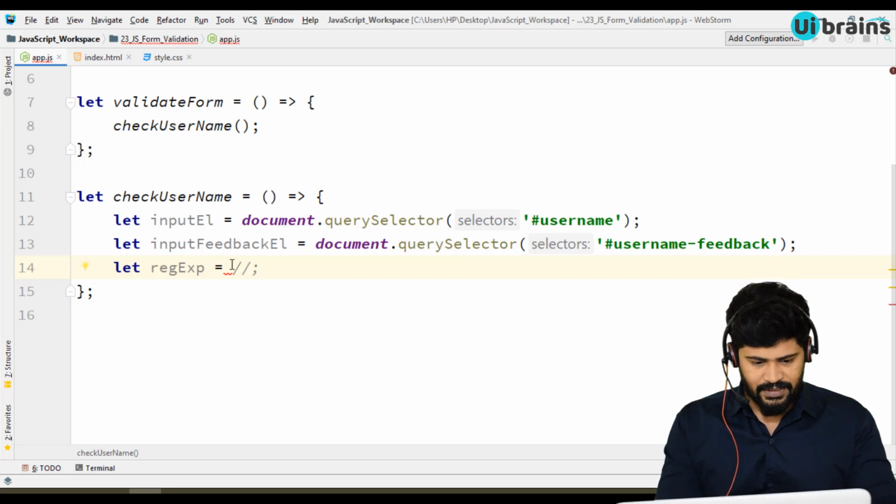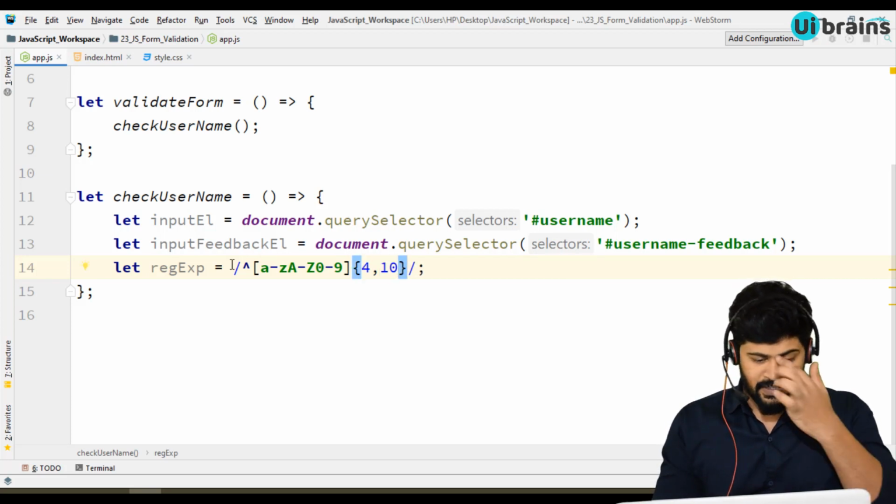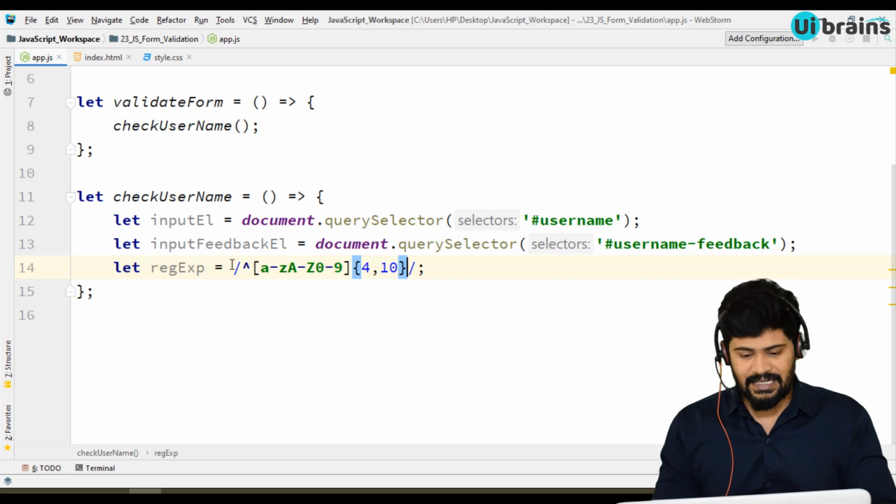Here, you may write like, I want to allow small a to z, capital A to Z, and 0 to 9, some numbers, and also {4,10}. So minimum 4 characters, maximum 10 characters, dollar.